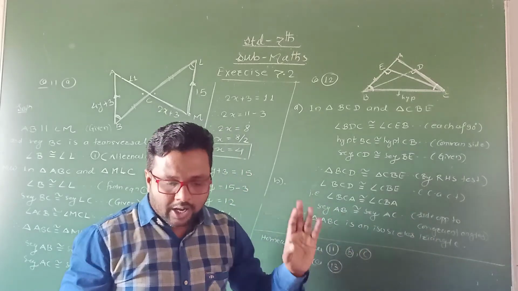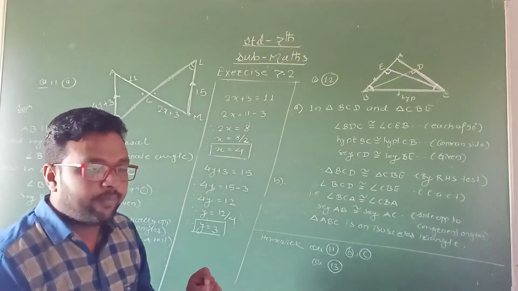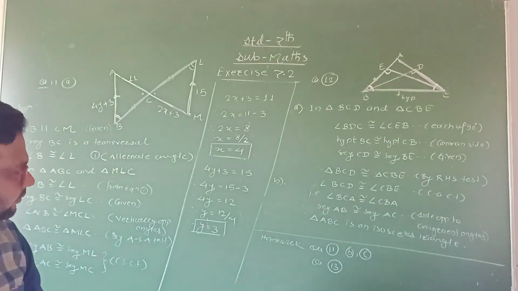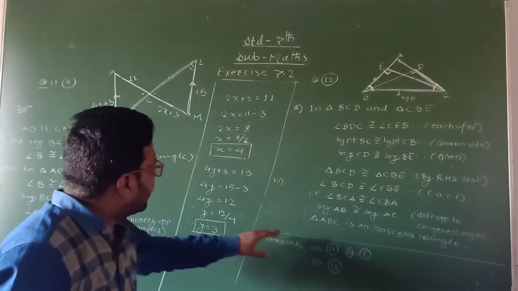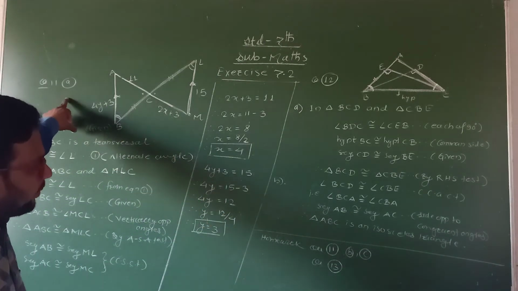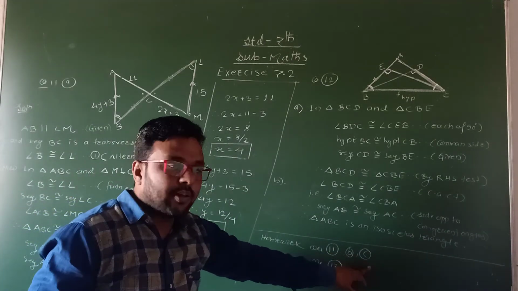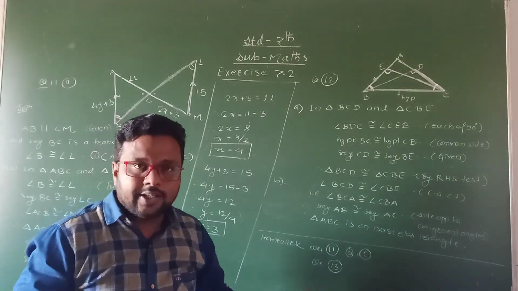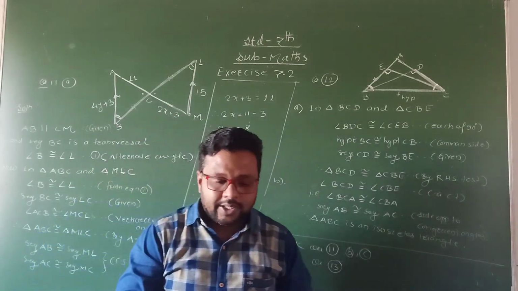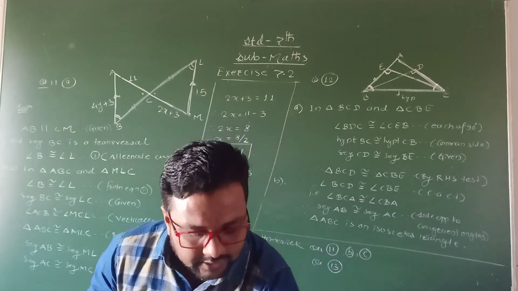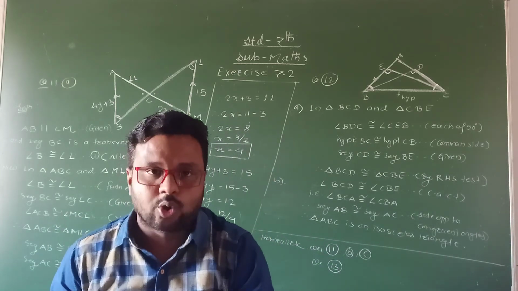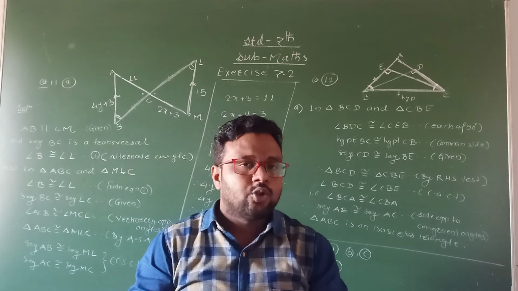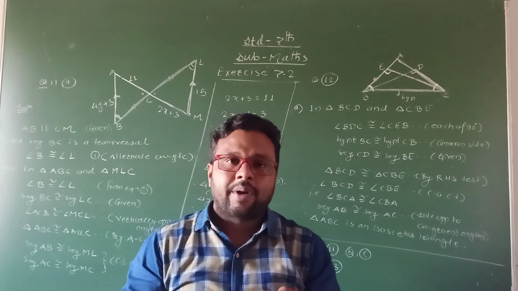Okay students, I hope you understand both the questions. Now note down your homework. From question number 11, here we completed the A example. The remaining B and C examples you have to complete, then question number 13. Okay, in this way students, we have completed exercise 7.2 and this lesson also. You have to complete all this homework and send it on the maths homework group.